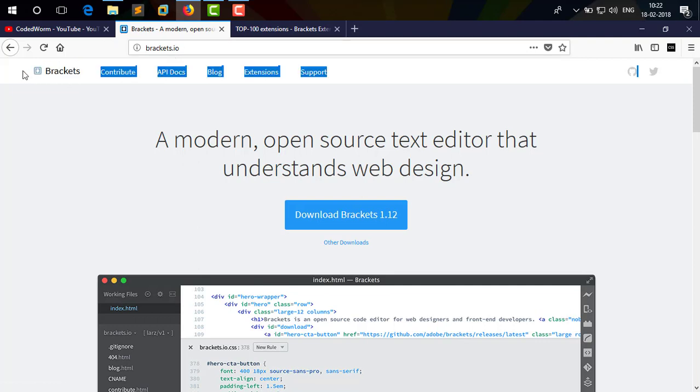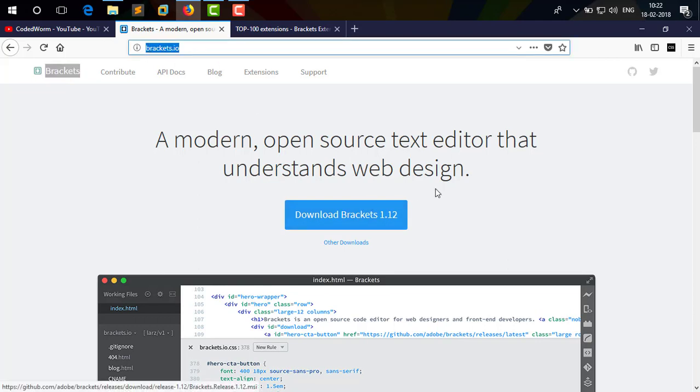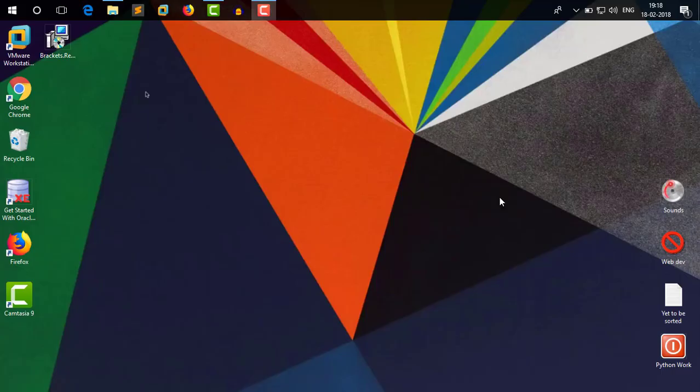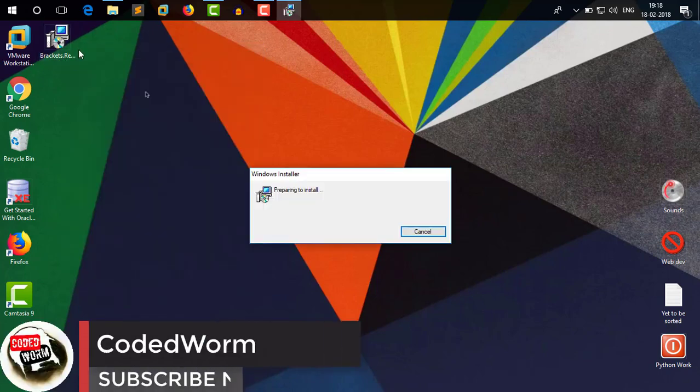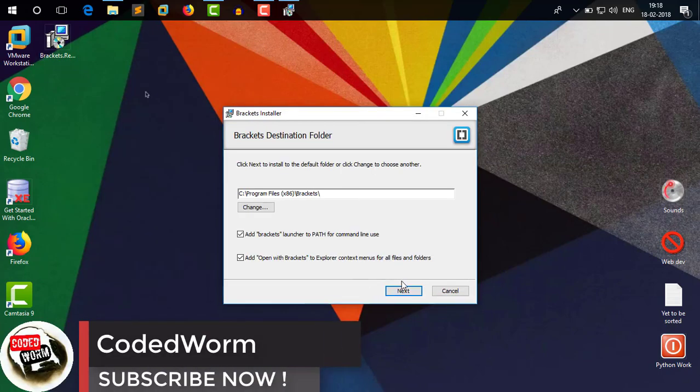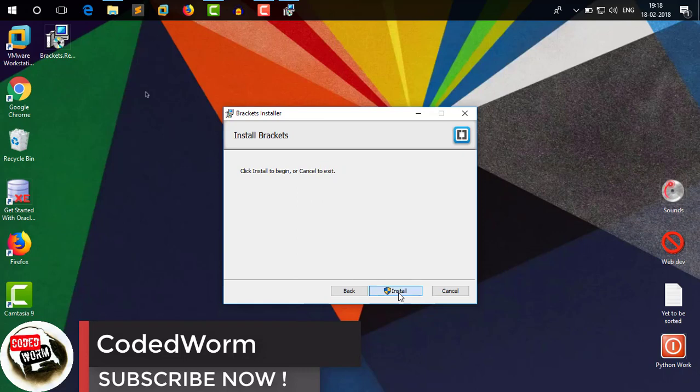Let's get started. Just go and search Bracket on Google, open the very first link, that is bracket.io. Now hit the download button and there you go. After completion of the application setup, right click and hit install. Choose the path and hit next.